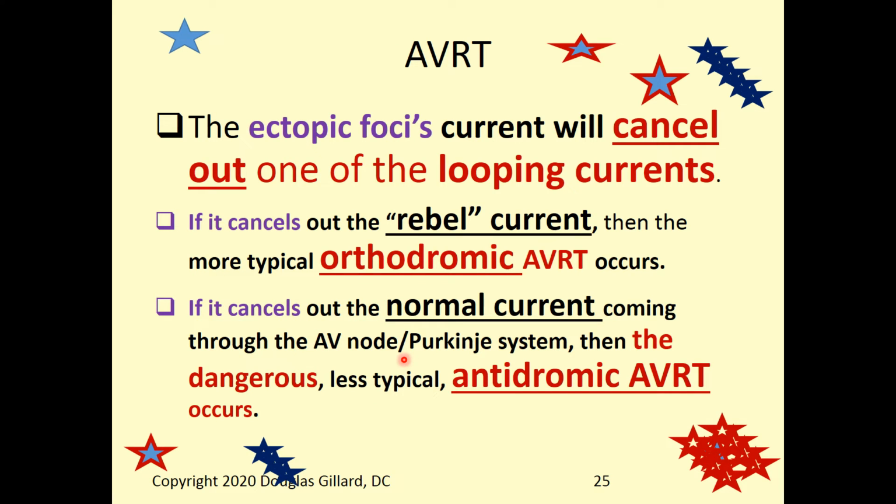So we get an ectopic foci that occurs right in the pathway of one of the loops. Either it snuffs out, it collides with the rebel current and knocks it out. That's what causes orthodromic AVRT. Or the PVC, the ectopic foci, if it knocks out the normal current, then there's nothing to stop the rebel current. The rebel current can actually run